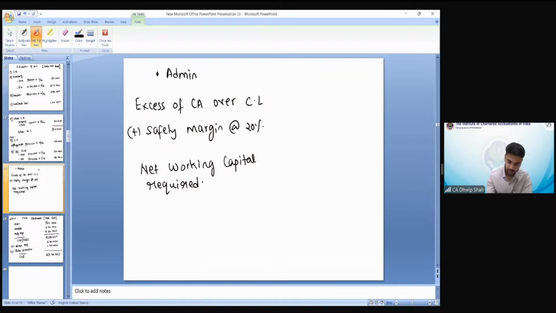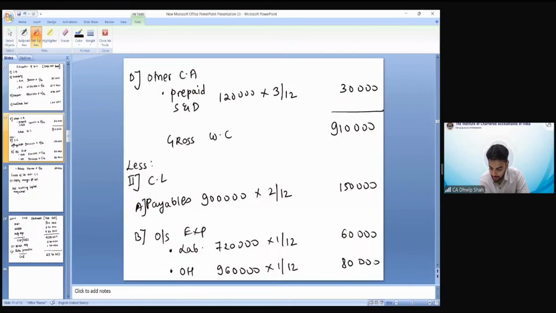And last but not the least, admin. It is also outstanding for 1 month. 220. So from 9,10,000 you subtract 150, 60, 80 and 20. So my excess of